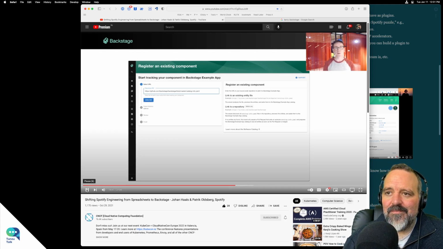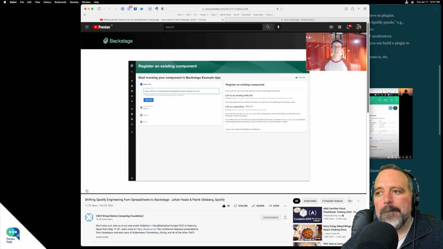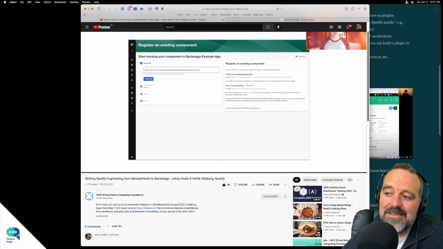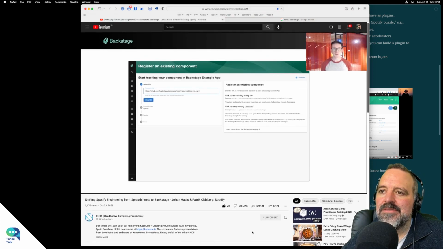Registration is perhaps not the most common way of getting data into the catalog. It's mostly used to register existing software. But if you're already using Backstage, you will be creating new projects through software templates, which is another core feature. They help you automate the creation of new projects, along with taking care of additional tasks such as registration.